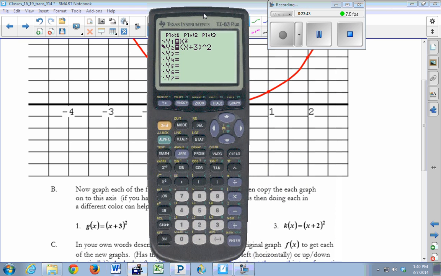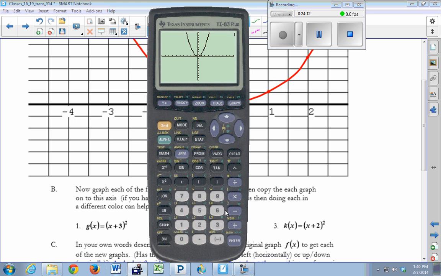The quantity x minus 4 squared. So let's take a look at that. x minus 4 squared. And let's move over here and see what we want to make that look like. Okay, we'll use those little black triangles. So we'll want to have a window. We should probably use our standard window, zoom 6.